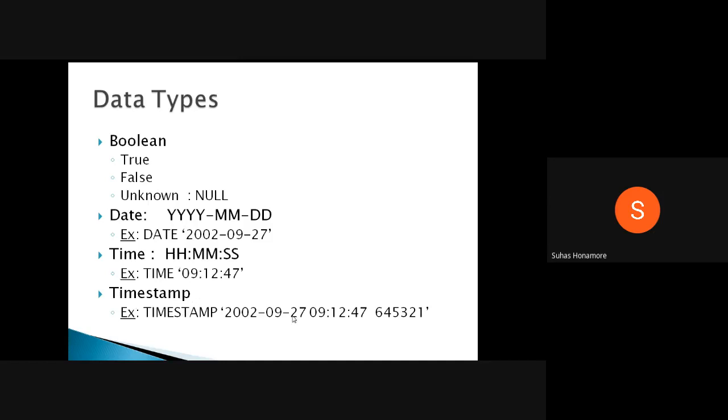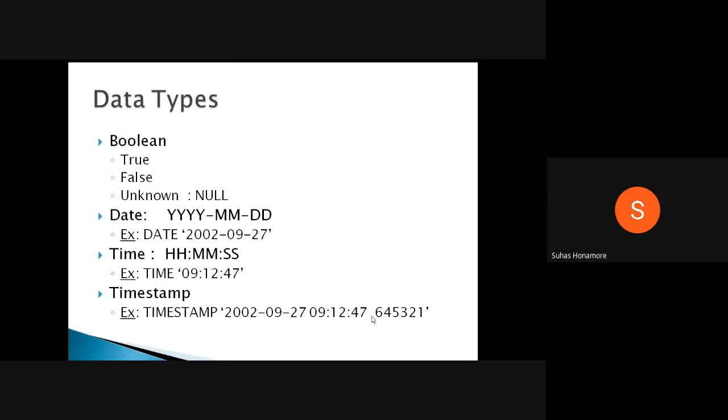So here the date is there, space, then time, and again a space, then a 6-digit number. This 6-digit number divides the seconds into fractional parts, so the exact time frame is captured.